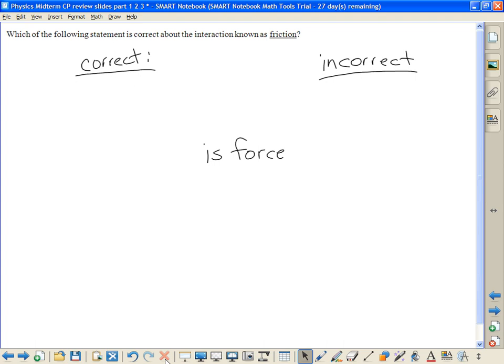So, if you shove something across the floor, and it slows down and stops when you let go, can you identify an object that exerted that force? Yes, the floor. So, it's perfectly reasonable to be confused and say it's not a force, because all our talking about the F word was the force of something on something. Friction is a force, but it's confusing,